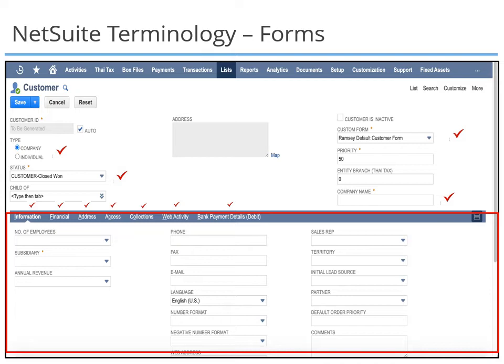An example of this could be changing the item code in the item master to SKU, called as stock keeping unit. You can provide access to a standard or customized form based on the role and business rules. NetSuite allows you to extend standard forms by adding new subtabs, fields, and records.